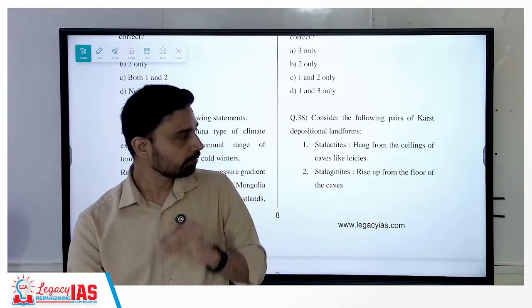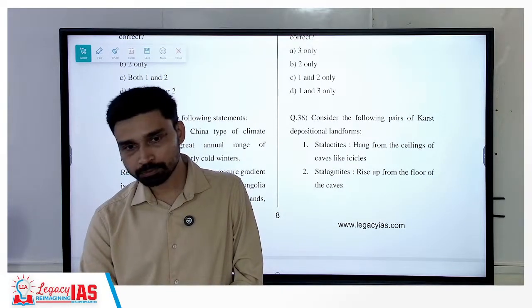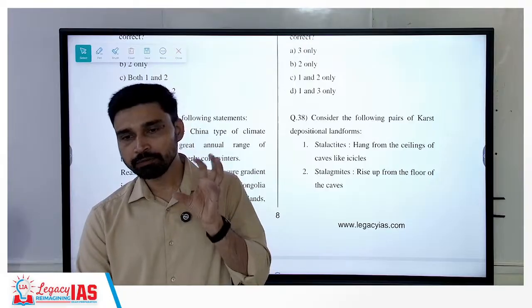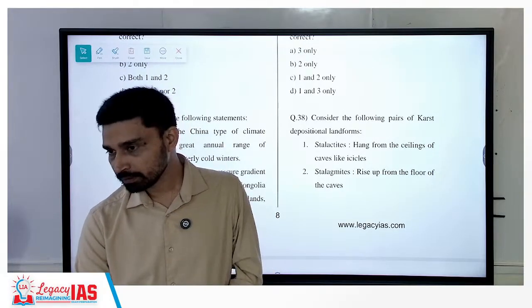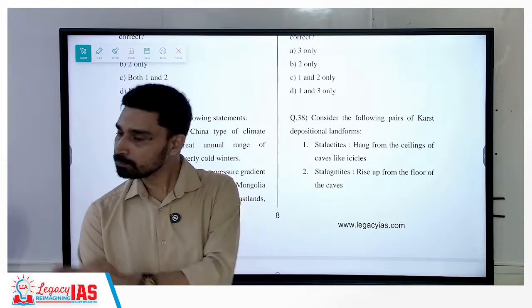Land heats up faster, cools faster. Water heats up slower and cools slower. So in winter, which is hot, which is cold? Land is cold. So wind moves from the cold interior toward the ocean.